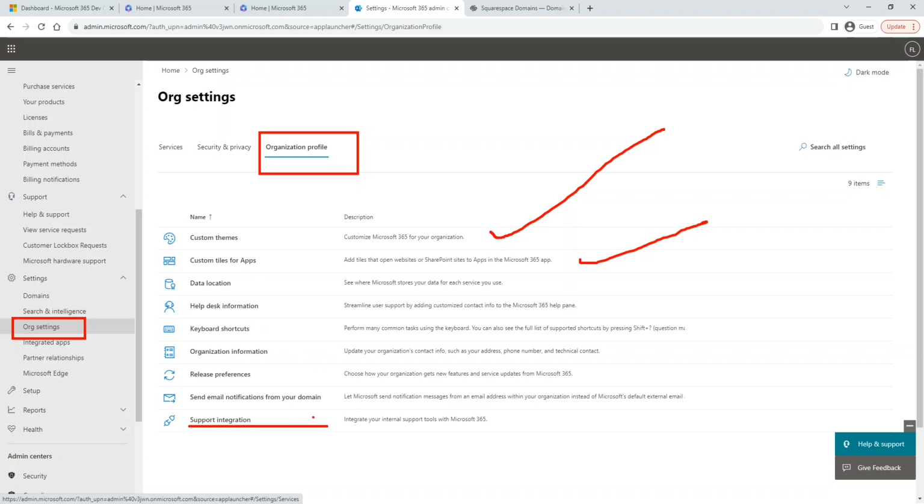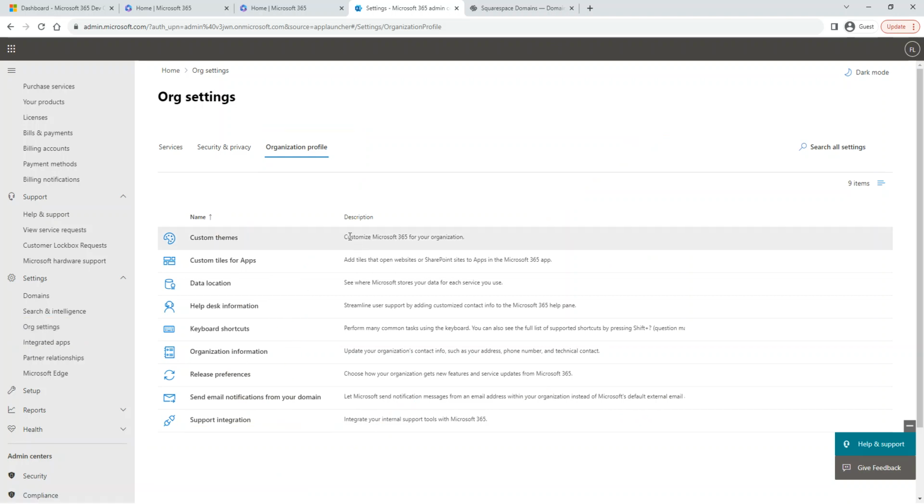All that can be set here, so that when the customer is reaching out for help, if we integrated any support integration, it will give them all the necessary information about how to reach the support, things like that. Email notification, how you send emails automatically based on some activities, can be configured right here.